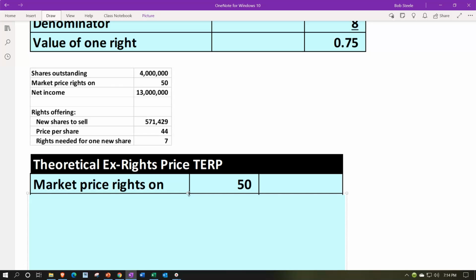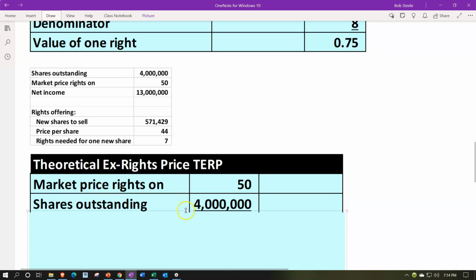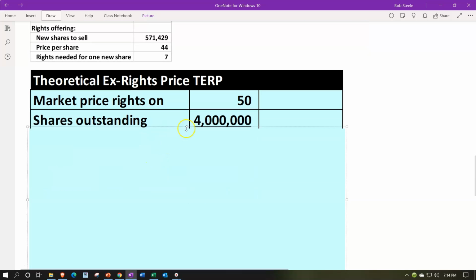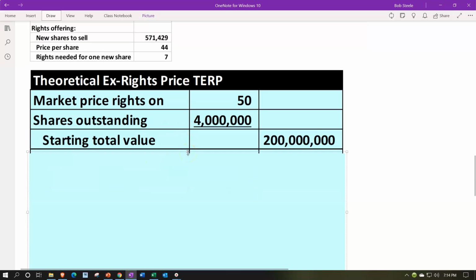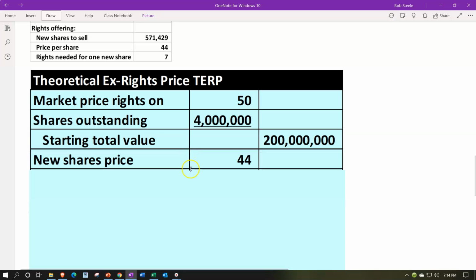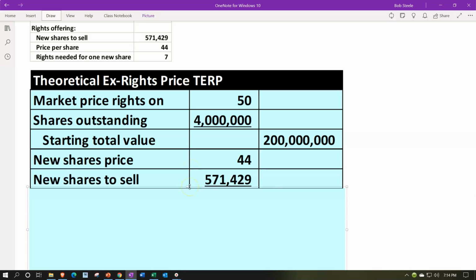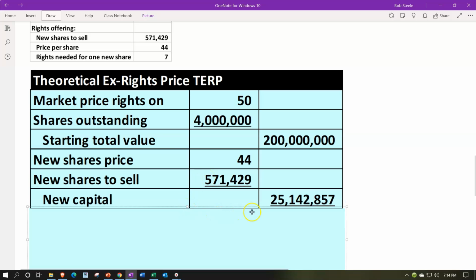So the market price of the right is 1. So we're going to say that's going to be the original market price. If you multiply that times the 4 million shares that were out there, that's going to be the 200 million. So we got 200 million at the starting point. Now the new shares that are going to be issued are $44. $44 for the new shares. We're going to say that we're going to issue 571,429 of them. $44 times the new shares that we expect to sell is going to be